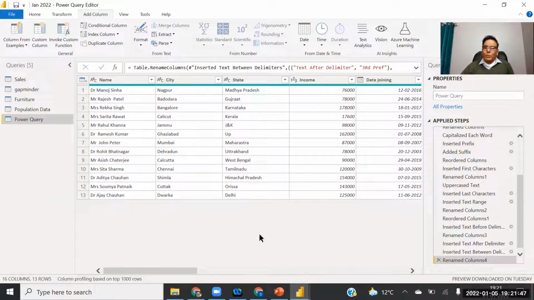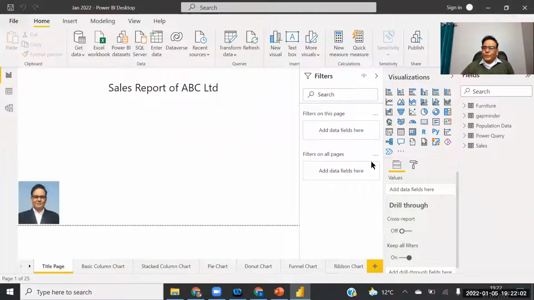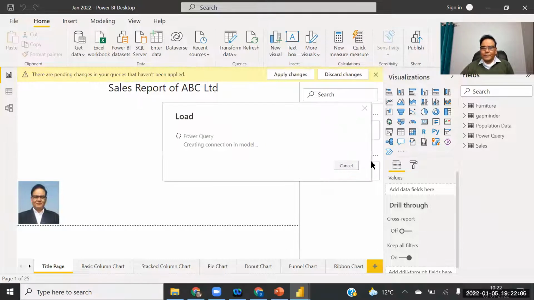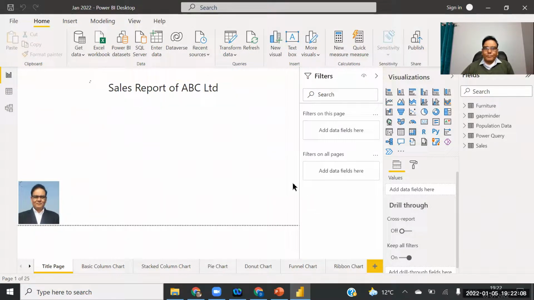So we have done almost 15 functions today, and almost every text function we have completed. Now let's close and apply. So we have completed our second task, that is called text functions. Yeah. So now the next task is,